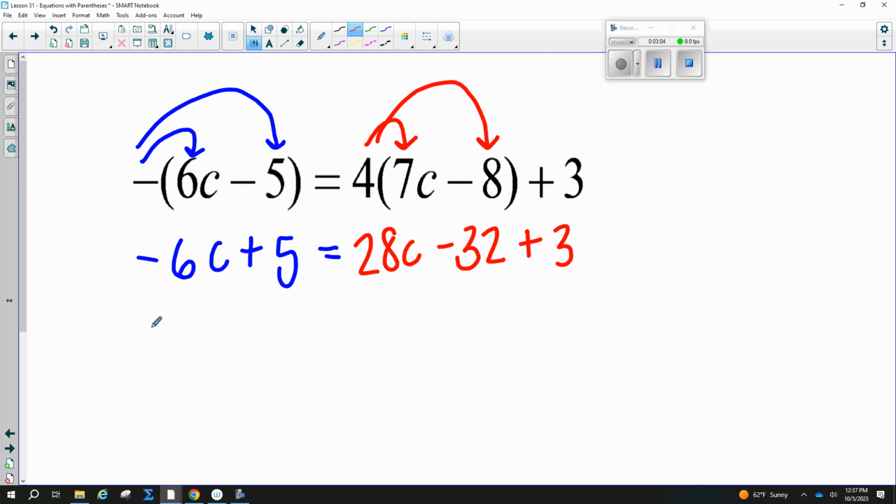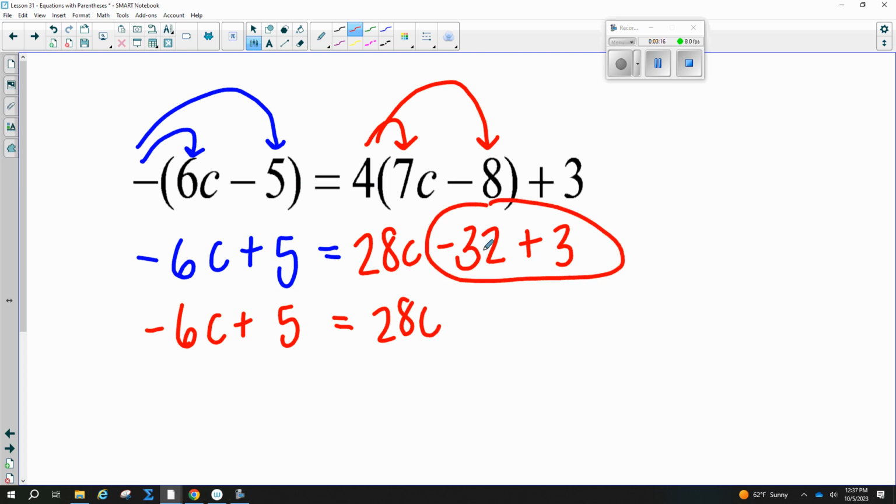Okay, so this left-hand side, I'm going to rewrite. I don't have any like terms. And then over here, I've got 28c. And then be careful here, all right? That's a -32 plus 3. What is that, you guys? Good job. All right. Now, I like to get all my c's moved over to the left,